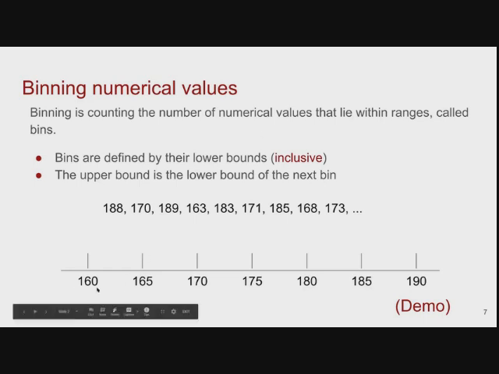160 to 165, sorry, 165 to 170, and then 170 to 175, 175 to 180, 180 to 185, and then 185 to 190. That's the end of all of the values that we have over here. So if we now put everything into the bins, 188 should go to the last bin,